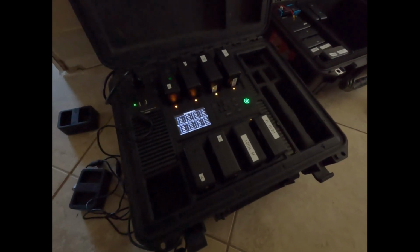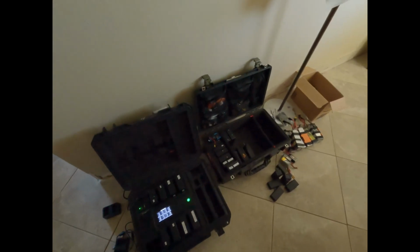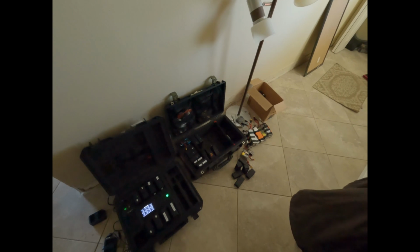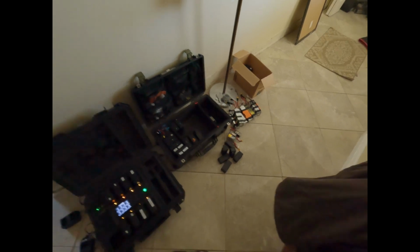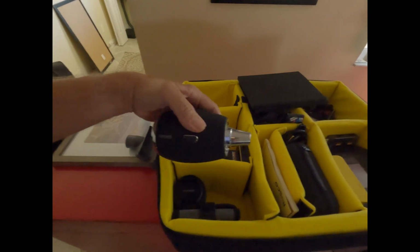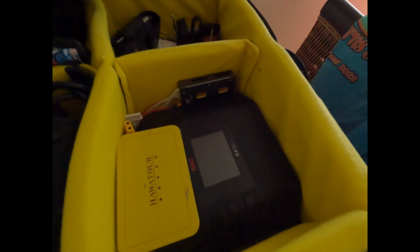Alright, discharging Inspire batteries down to 25%. I love that charger. Here's my Pelican. I'm systematically packing with heavy batteries. I got 8 sets for the Inspire, 6 4500s for the Whoopmaster, and then a variety of others for headsets and for the Avata and the Mavic 3. Oh yeah, check this out. Instead of a puffer, I have a puffer too, but this is like a hardcore, really awesome blower. My lipo charger,